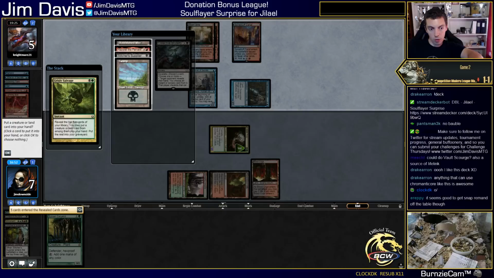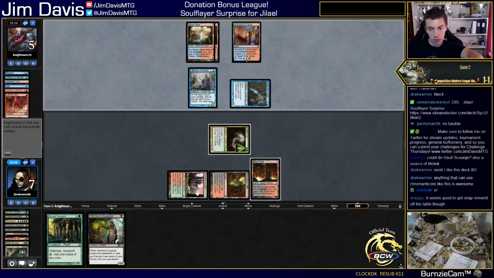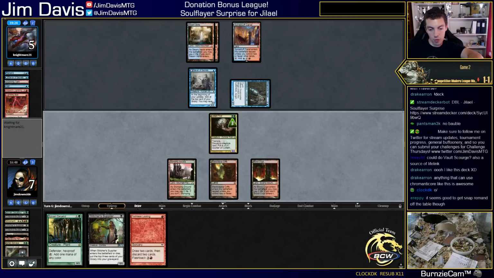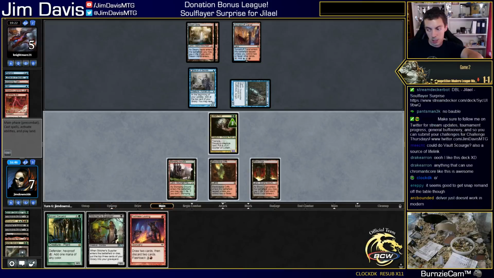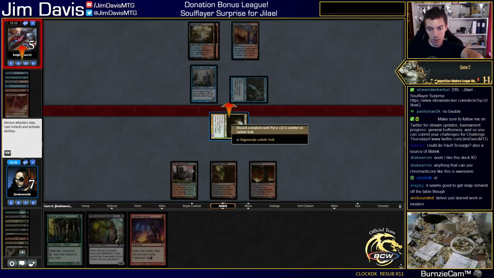Put a creature or land into your hand. Sure. Now Lotleth Troll is real big. Oh, yeah. Delver is a wizard. I do like the Wizard's Lightning Delver interaction, but...